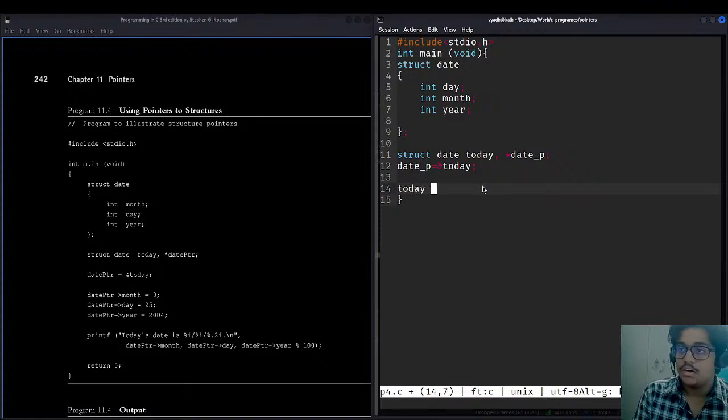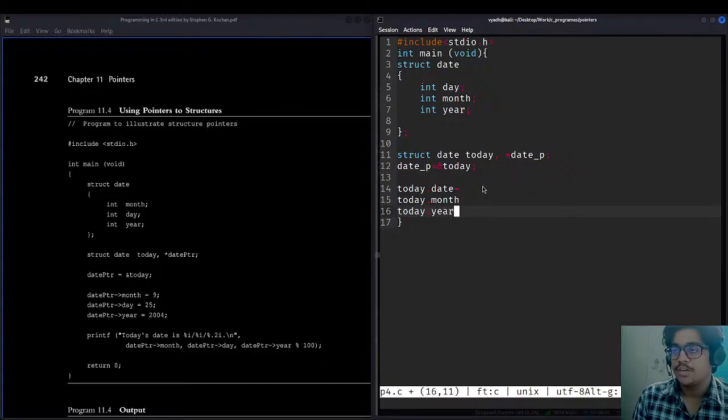Previously, when we tried to enter a date, we used today.day equals something, then today.month, and today.year.